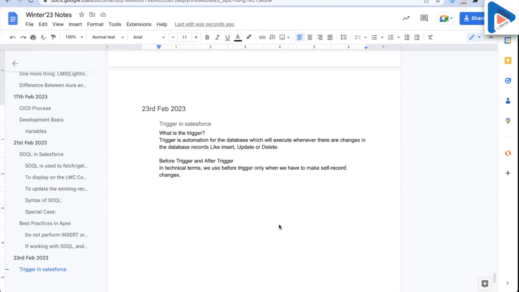Just like that, suppose we need to calculate the age. That is the very first example that we discussed, that whenever a contact is inserted or updated, we need to calculate the age of the contact. It means the contact is inserted or updated, and we still need to make changes on the contact record, because age is also related to a contact person. So since it is a self record change, we will use the before trigger for this. And apart from that,